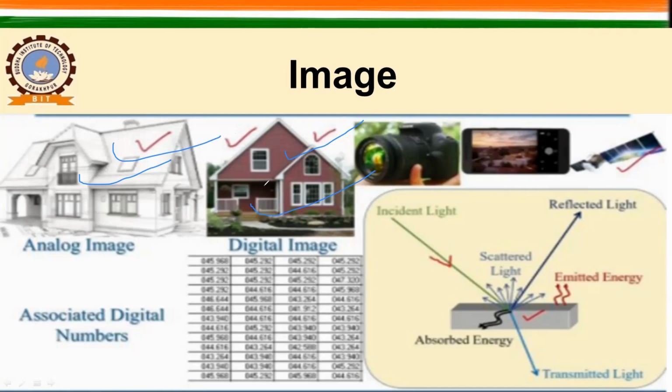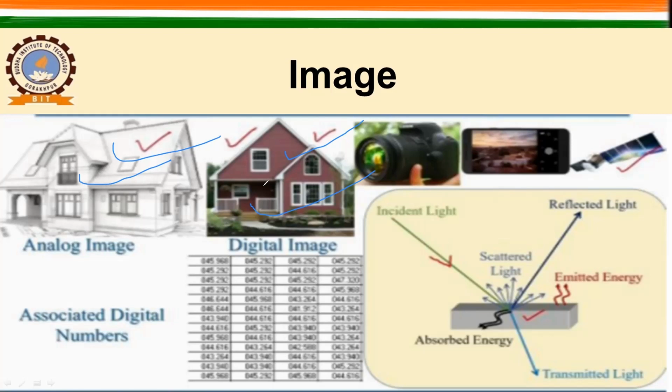Analog images can be produced using paper, pen, or color pencil, whereas digital images can be captured using a camera. Nowadays this is very popular. Anybody holding a DSLR or normal camera or even a mobile phone can easily capture an object, and now in remote sensing we always refer to sensors. इतना बात आपको clear होगा.